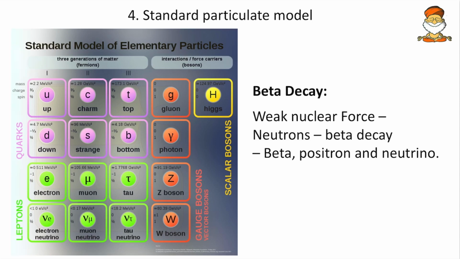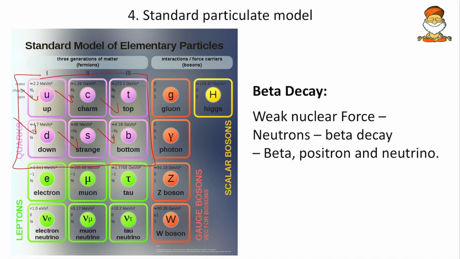Say for example, inside a proton and a neutron we have so many quarks, and quarks are of different types. On the basis of their mass and their spin, we can quantify them as the up quark, down quark, charm quark, strange quark, then top quark and bottom quark. These are present basically in the proton and the neutron.